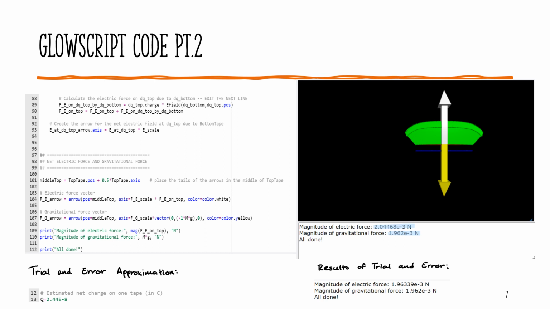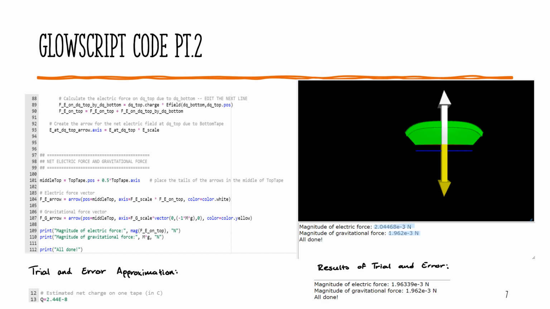This is the second part of my GlowScript code, and the rest of the code shows how the electric force vector and the gravitational force vector are made. Then we see the results of my code. The results of what my code initially puts out are highlighted in blue. As you can see, the magnitude of the electric force and the magnitude of the gravitational force are very close together. They're very similar,